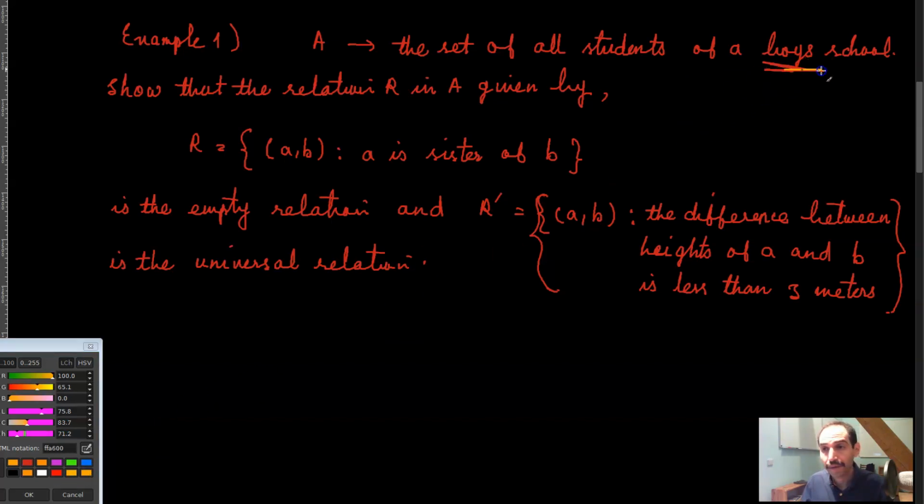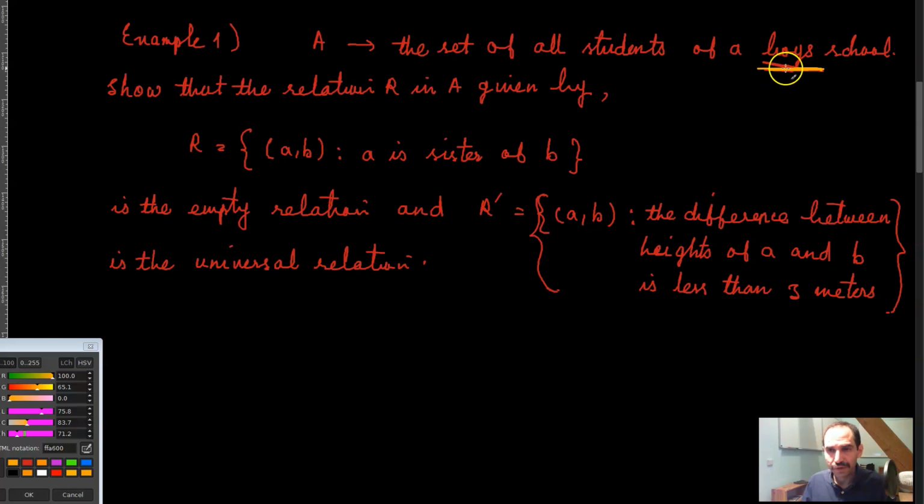Now you want to show that the relation R, given by this, is the empty set, and R prime is the universal set. R is all the ordered pairs (A, B) such that A is the sister of B. Of course this relation R is going to be the empty set,